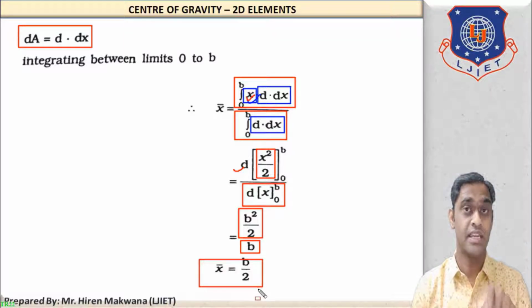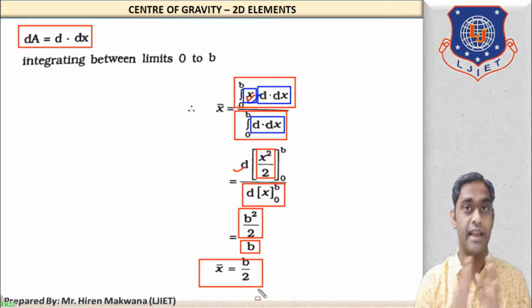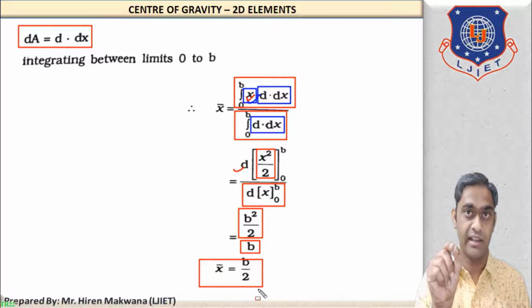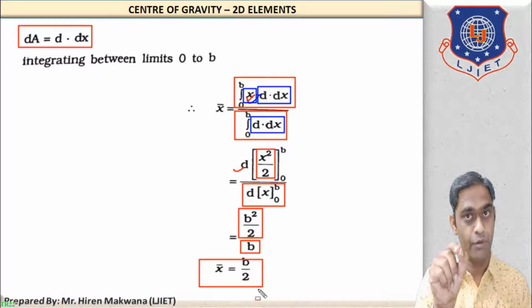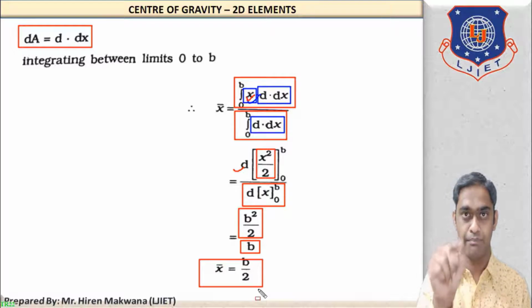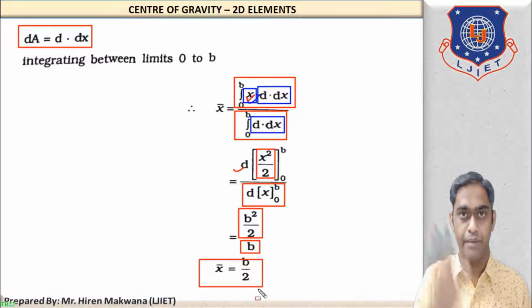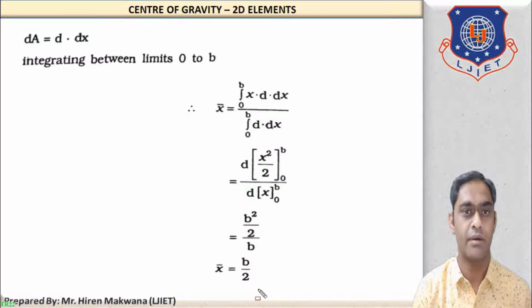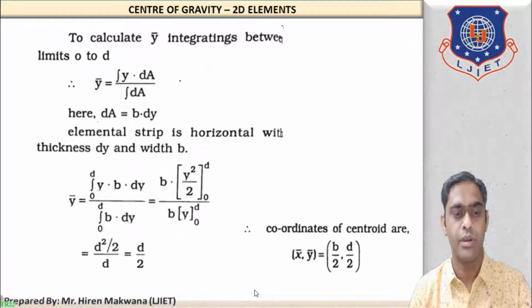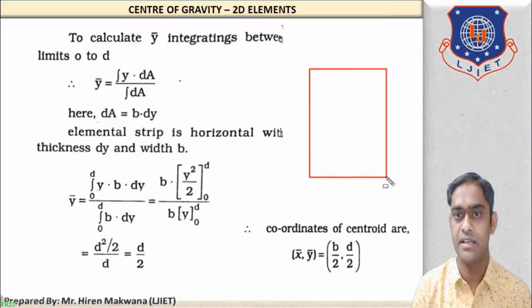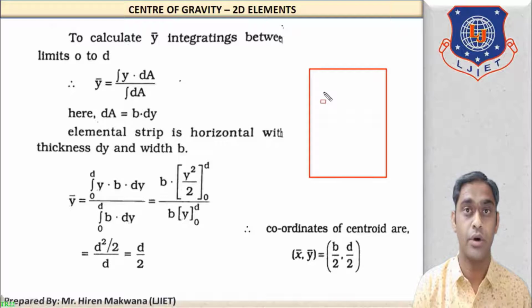So, here you can see we are using in numericals that x bar is equal to b by 2, meaning the center of gravity of the rectangle lies at the exact midpoint of the figure. So, x bar is equal to exactly horizontal width by 2. So, x bar is equal to b by 2. Now, similarly, you can calculate the formula for y bar also. For that, you have to imagine the figure first. You can take for the y bar, this is the rectangle, original rectangle, in which you have to take horizontal